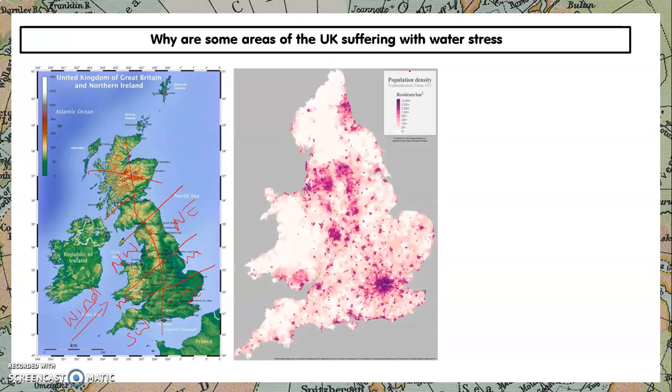Okay, so this map here is showing population density. And what I'm going to do now again is divide the country up into little pieces. So we're going to go roughly from there to there and across there. All right, and what we'll do is we'll put our middle line in. So there we go. Now what this is showing you is the population densities, the number of people per